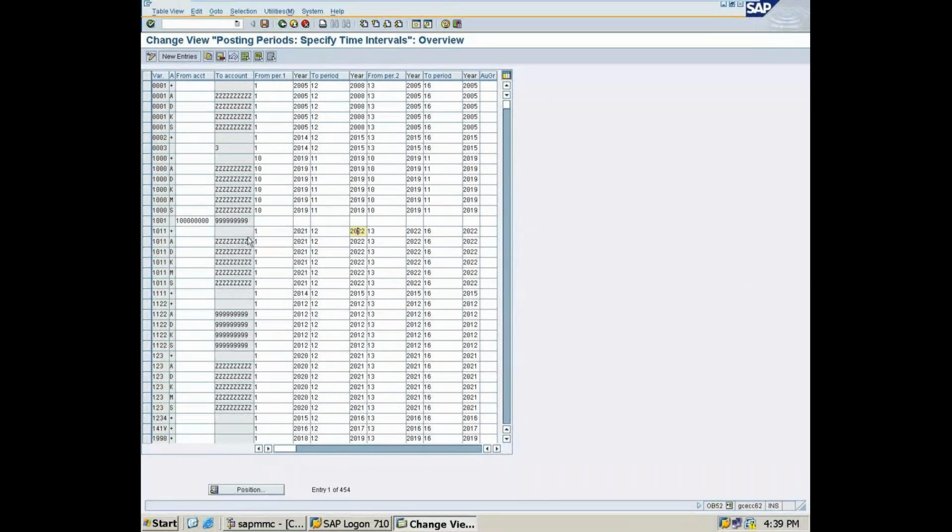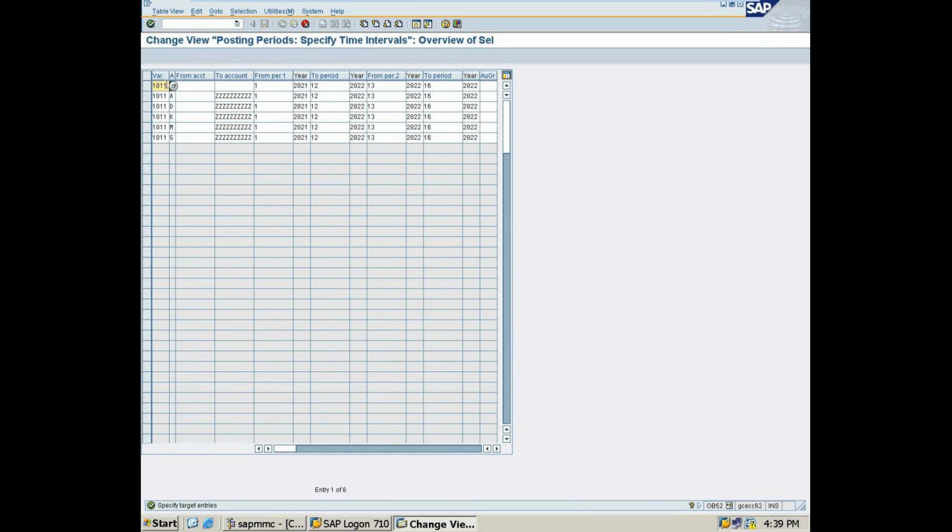I will select that only, plus A, D, K, M, S. Then copy as. Here you need to change the variant to your company code, MCC1.